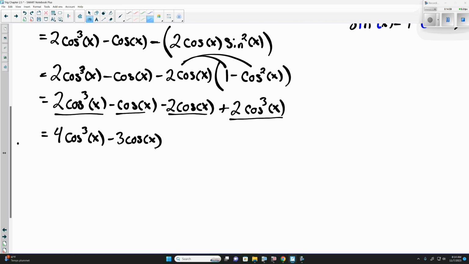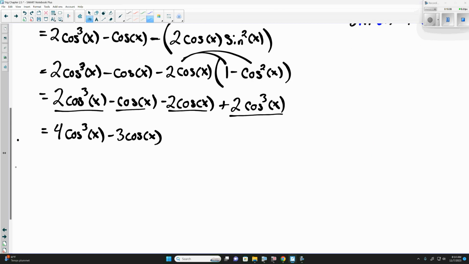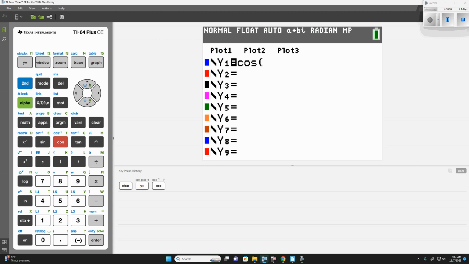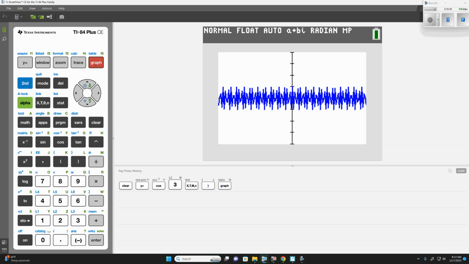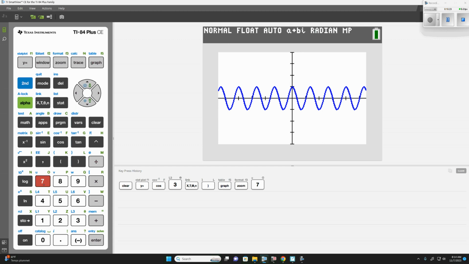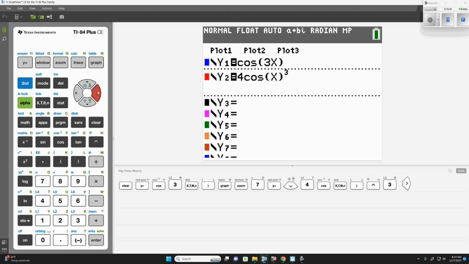Questions on this here? And again, what we're saying, all in all, is that cosine of 3x should be the same as this here. Well, that seems very odd, considering we're looking at a cosine function. Zoom out. Have this here. And we said that we got the same thing from 4 cosine of x to the third minus 3